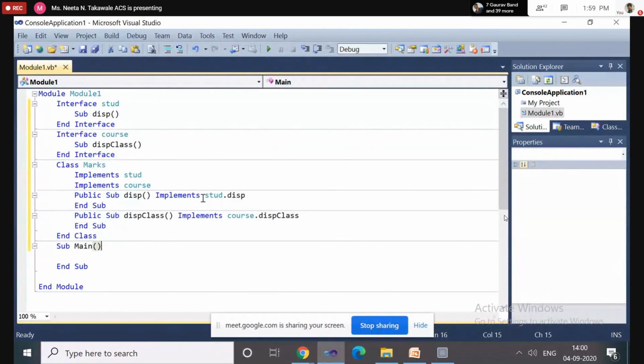So like this you can use the interface. Here Marks is one of the derived classes which is implemented using two different interfaces, from Student and from Course.